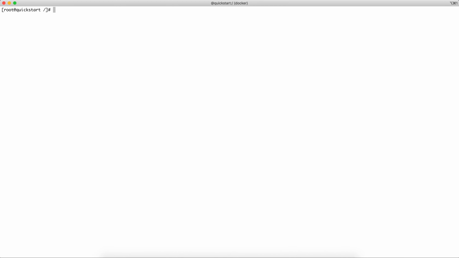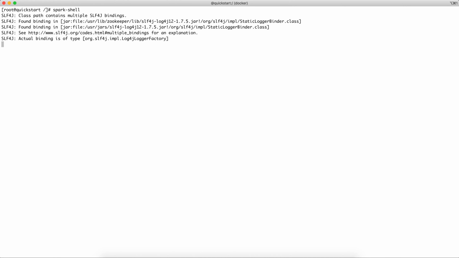So this is how we have seen how to go to the Hive terminal and how to go to the HBase terminal, and likewise you can access the Spark terminal. Let's say you want to write some Spark queries.